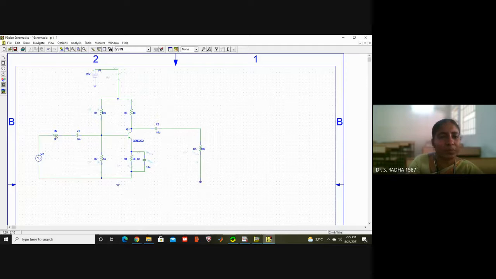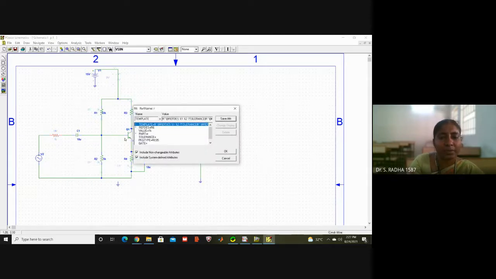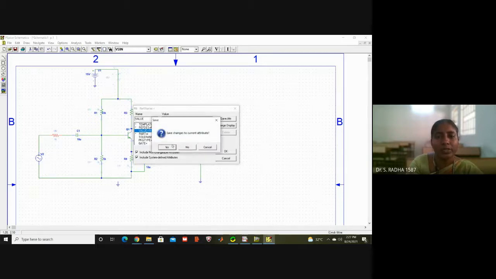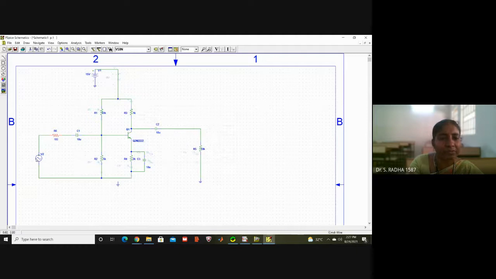And then input side resistance. I will give a small value, 100 ohms, that is the source resistance. If it is high, the input signal will not come into the circuit. Source resistance should be very low. Only then the input sinusoidal wave will enter the circuit. If you put a high value of resistance, the signal will find it difficult to enter the circuit, and then the entire operation will be disturbed.